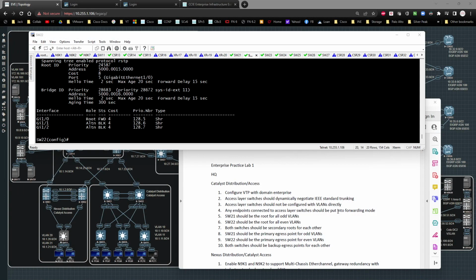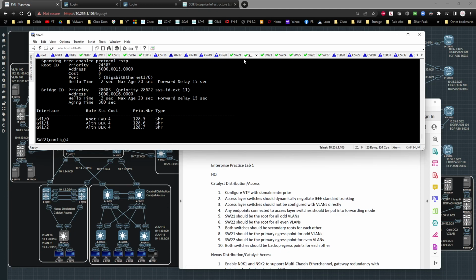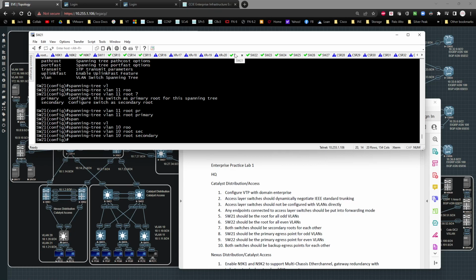So we've knocked out 1, 2, 3, 4, 5, 6, and 7. Now it says switch 21 should be the primary egress for odd VLANs, 22 for even, and both switches should back each other up. So we're going to do gateway redundancy. So I'm going to come back over here, and what does that mean for me? Well, I got to create